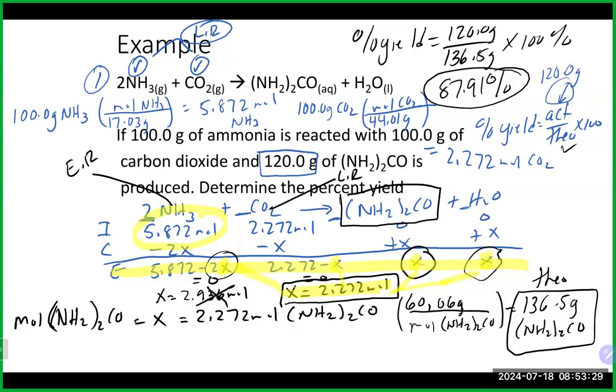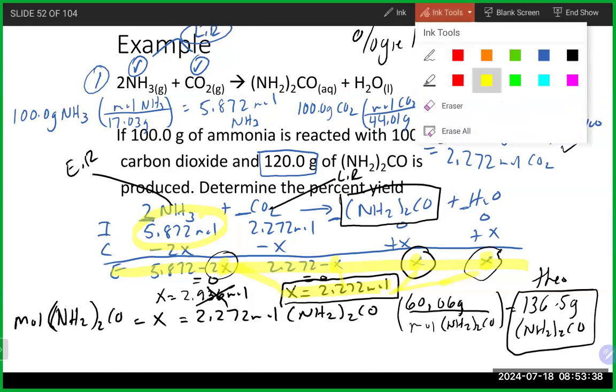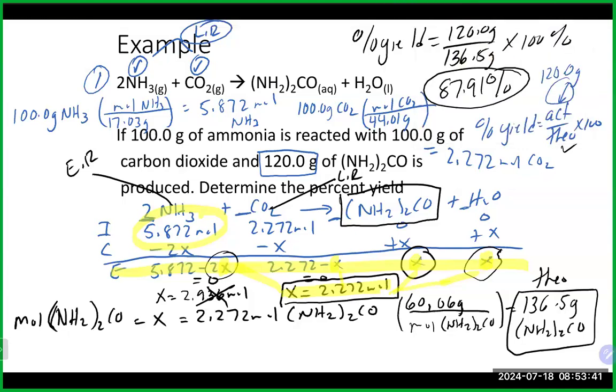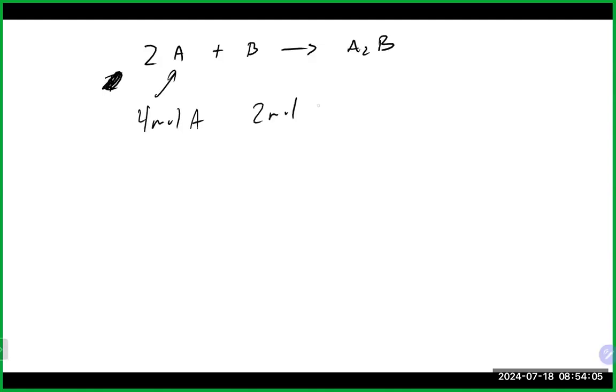What's that? If you do not do the ice table approach, so for example, let's just say we had this equation, something like this. A goes to 2B, let's do something like that. And let's just say initially, we're not going to do an ice table, but we had 4 moles of A to start with and 2 moles of B to start with, and we're going to mix these together. So the other approach that we talked about, the non-ice table approach,